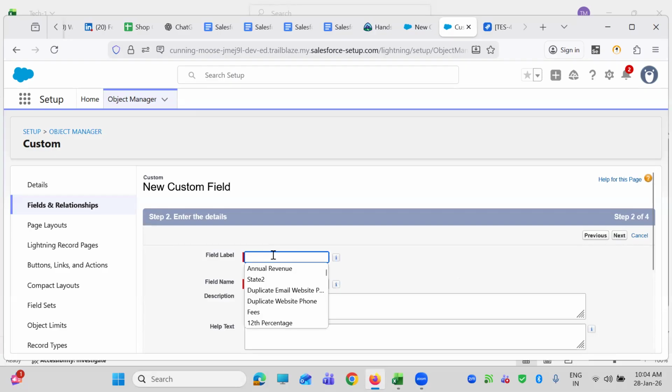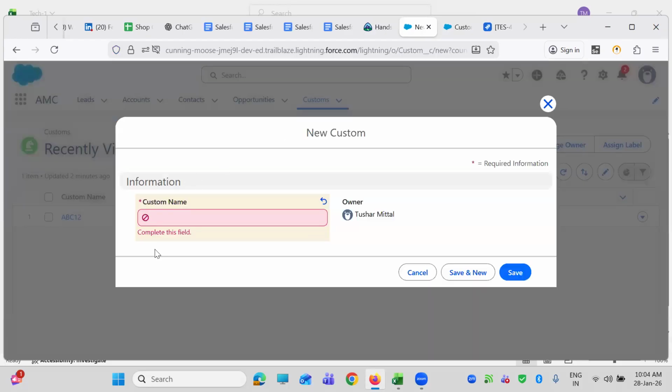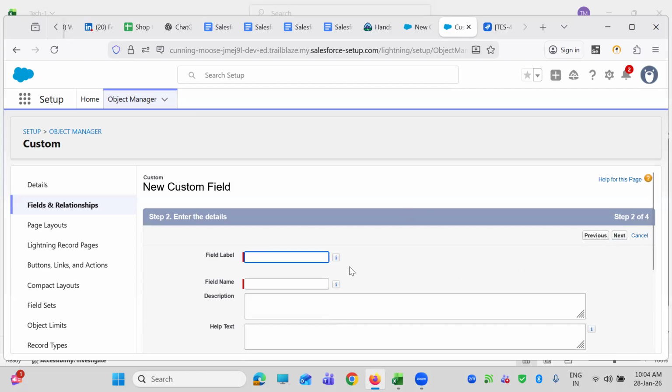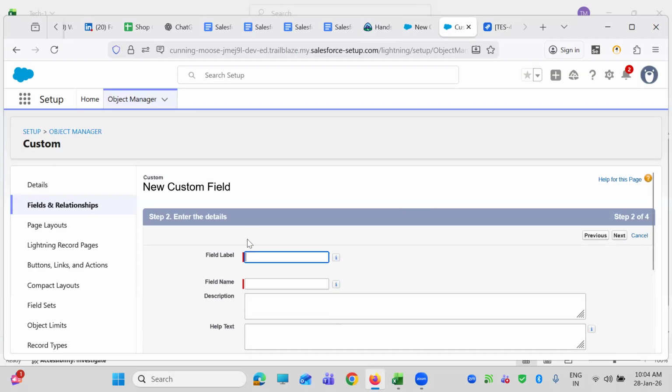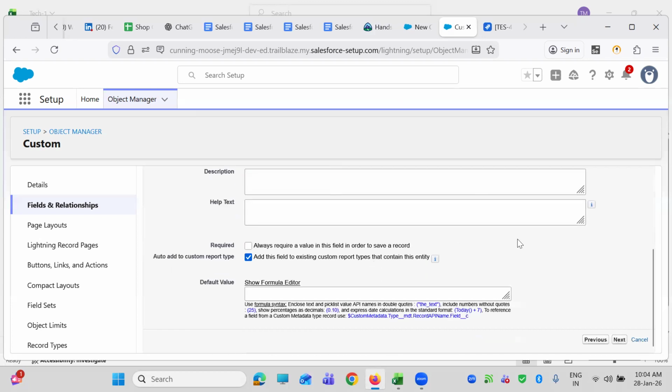Okay. Now we need to give the field name. Field name is something which should display over here. Right now we have selected only the data type. But what should be the field name? We have to pick it over here from the requirement. Then simply copy paste it. Then